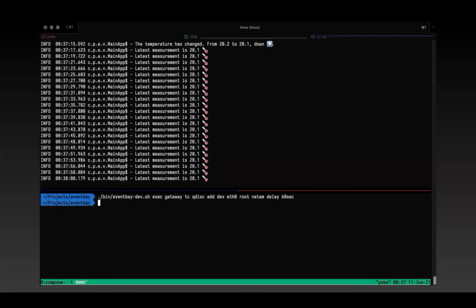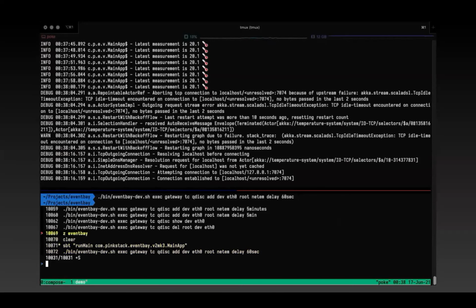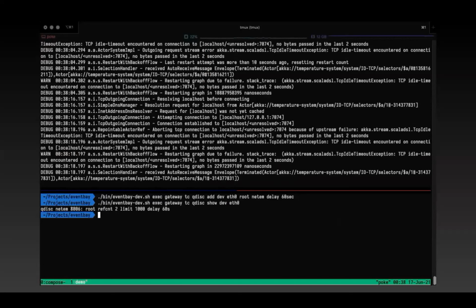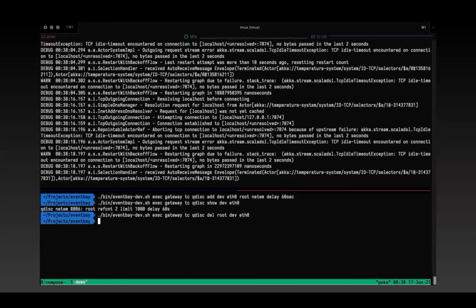So this is an example of how this application works. Here you see that the system is measuring and getting back the temperature from the service, and then I synthetically introduce delay between these requests and a gateway. You can see that I get a bunch of errors, the system cannot reach the client, and Akka will gradually start to back off and wait for a couple of seconds, so as not to cripple the service and all that.